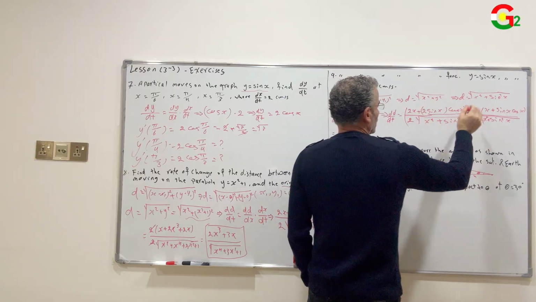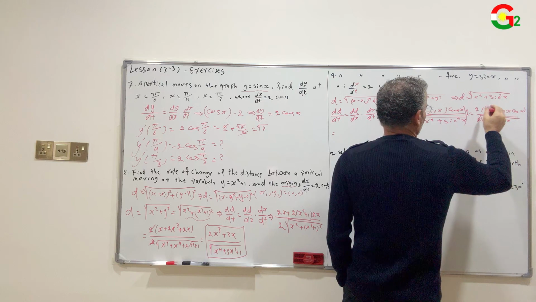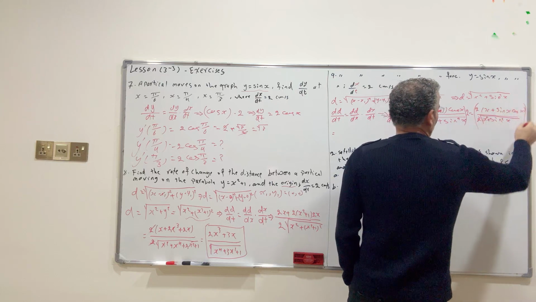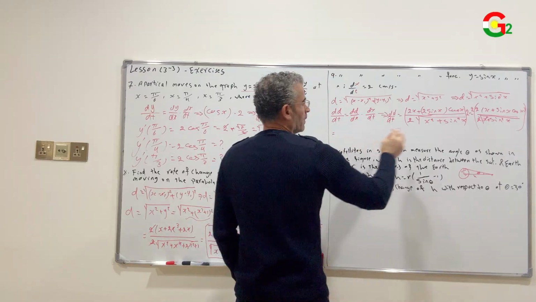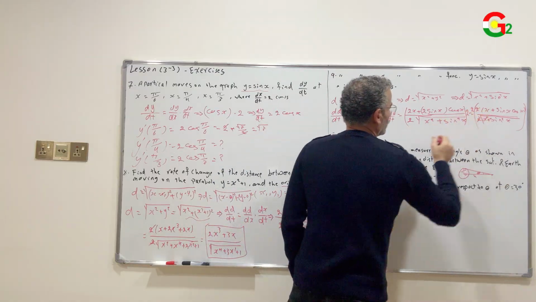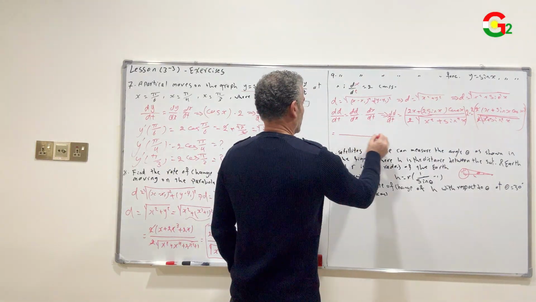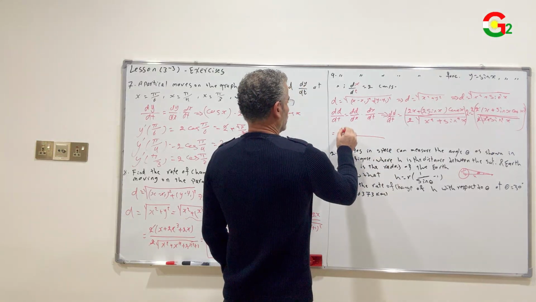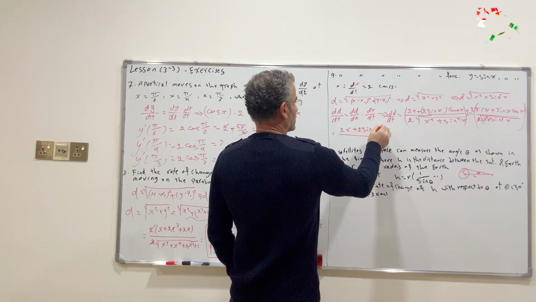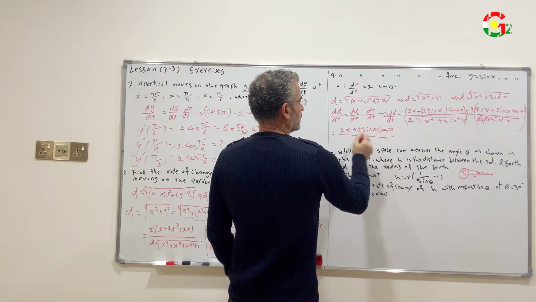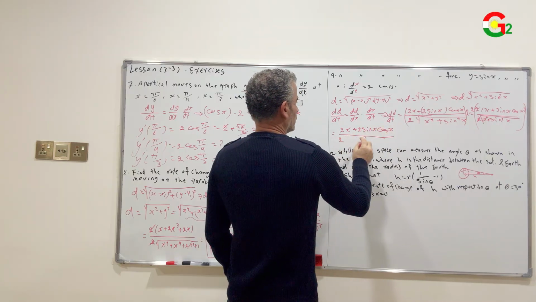Multiplying the bracket by 2 and reducing 2 with 2, we get 2x plus 2 sine x cosine x over 2